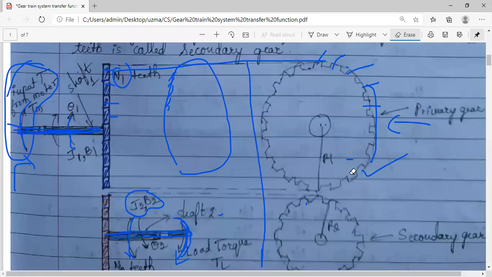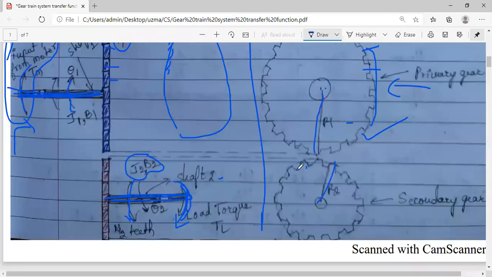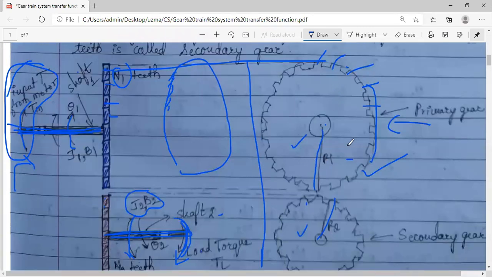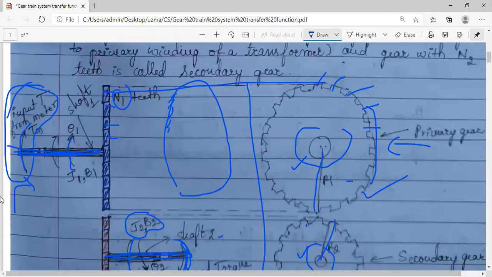This is your primary gear, that is first gear. This is secondary gear, and they're having their own radii, say R1 and R2. Fine. Circumference may change. See, I have drawn this first figure, the first gear. Circumference थोड़ा बड़ा है, but here थोड़ा छोटा है. The area ये यहाँ पे ज्यादा दिखेगा, यहाँ पे कम है, but the angular distance जो cover कर रहे हैं, they both are same, right? 360 degrees. Angular displacement जो हो रहा है उनका, they both are same, but however their areas, they are different.